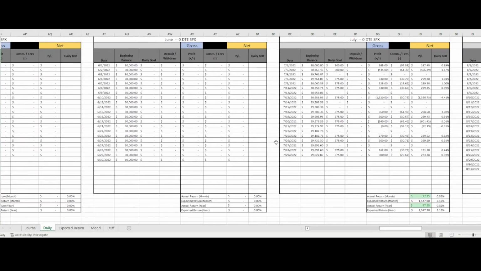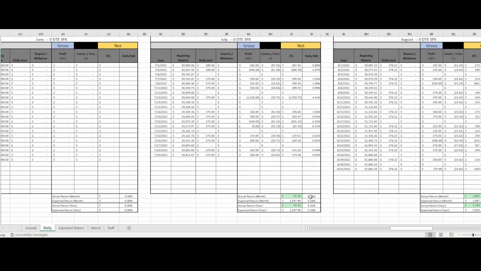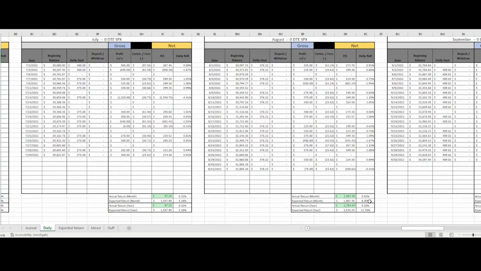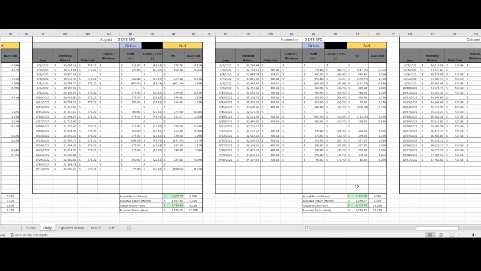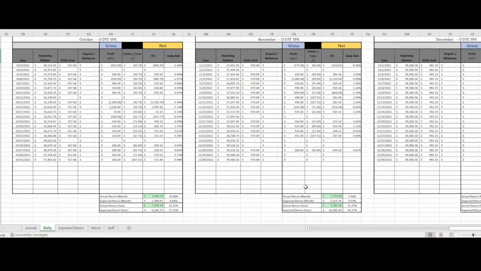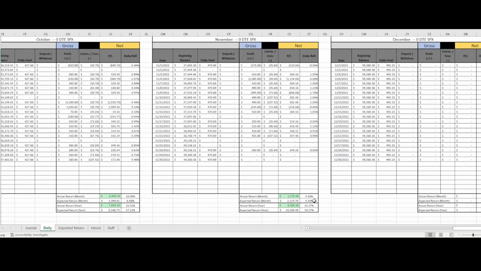So we started this journal again in July. I've brought this up in so many videos so far. We had a horrible month in July. August was pretty good. We beat our expected return for the month. We expected 6.3. We almost got to 9%. September was okay. We were expecting 6.3 again, and we ended up with about 4.4% return. October was fantastic. We were hoping for 6.7, and we ended with just over 10% return for that month. So far in November, we should be at 5.5%, and we're pretty much at 4.5%.